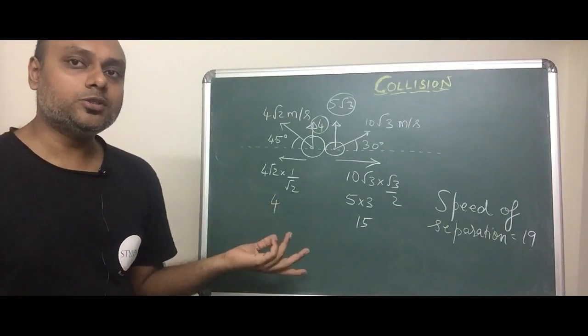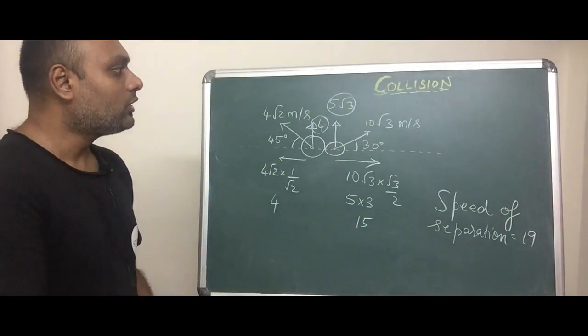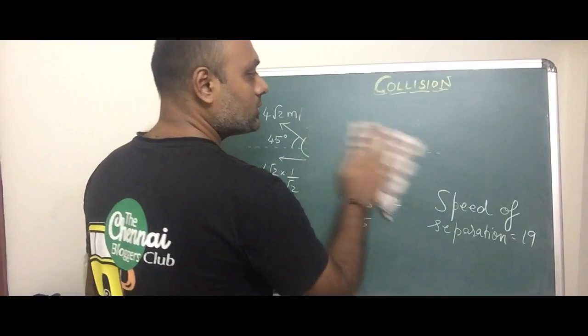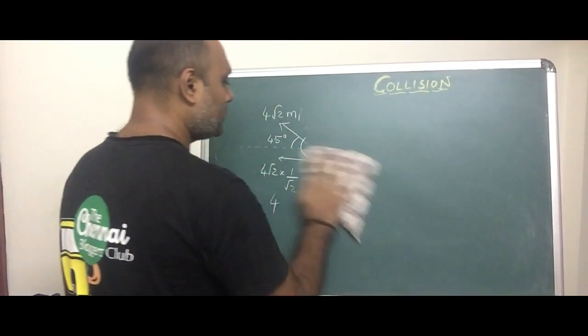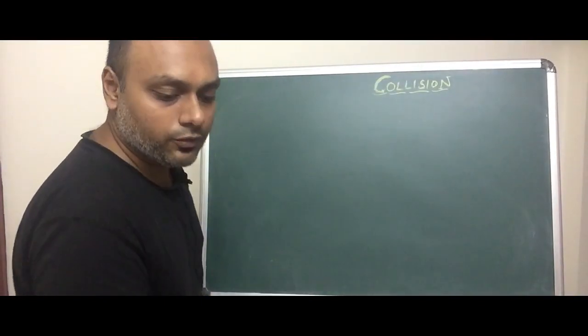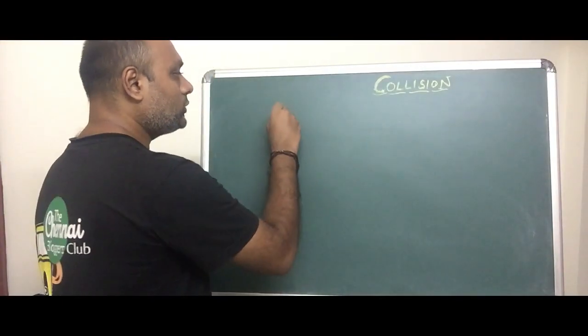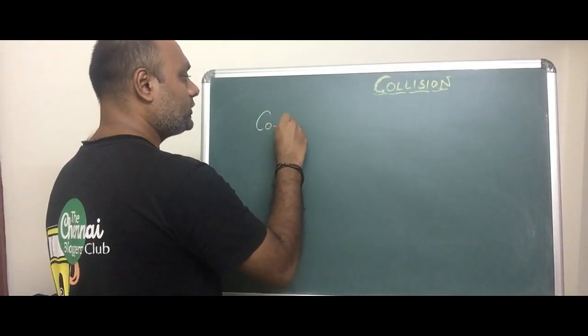And then once you have speed of separation and speed of approach, we are going to be defining this term which is called the coefficient of restitution. And coefficient of restitution is defined as the ratio of